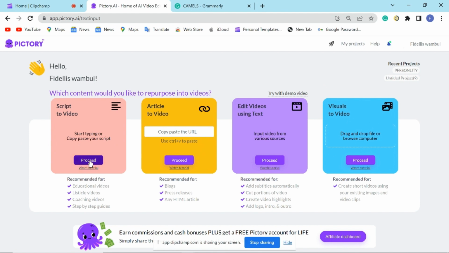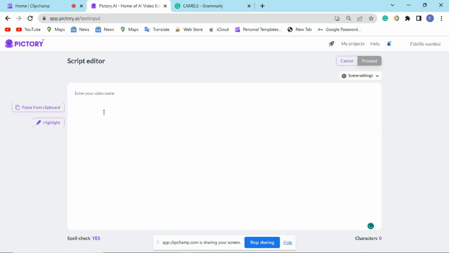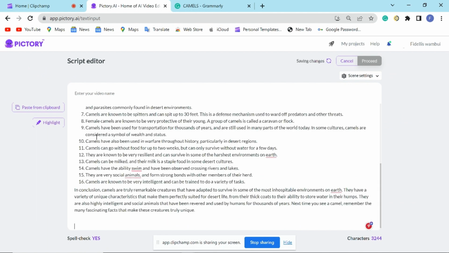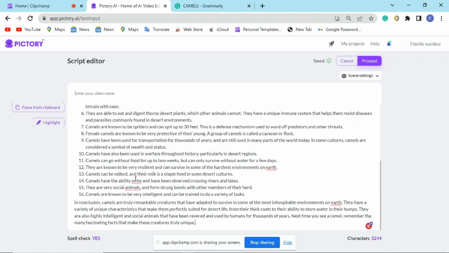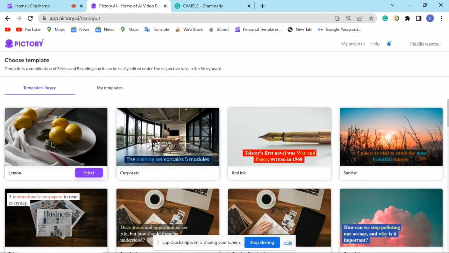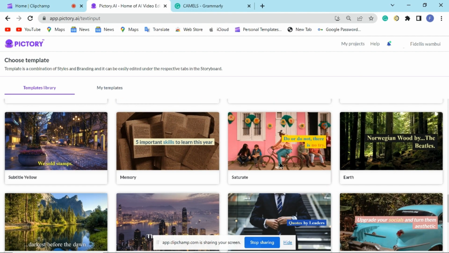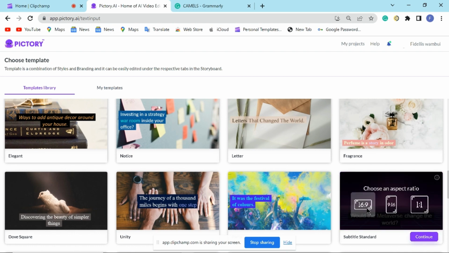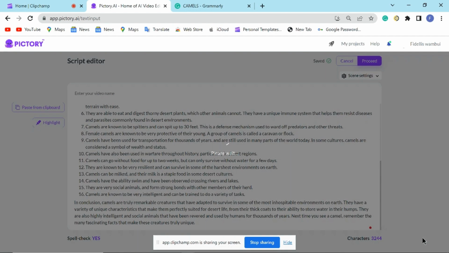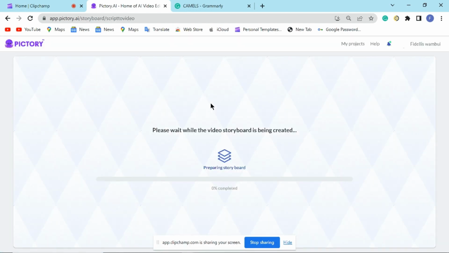So we'll start with the script to video and click proceed, then paste. And then I'll just come and paste my script, and that's all I have to do. So once I'm done with that, I'll just click on proceed, and then I'll choose a template. I think I'll go with this. Select. We want our video to be in the 16:9 frame, so choose that, click continue, and immediately Pictory begins